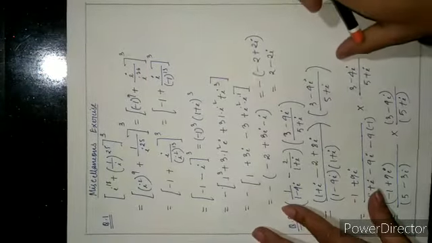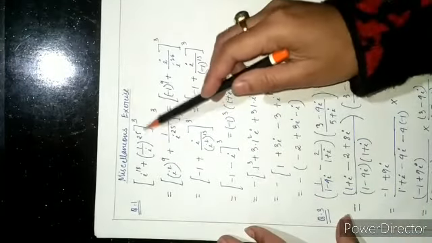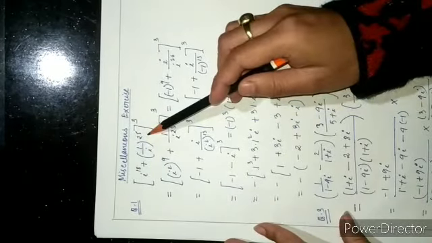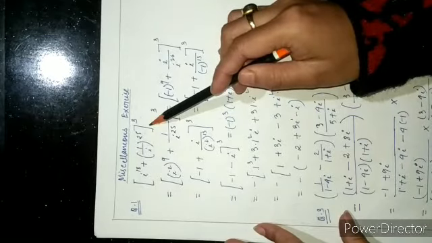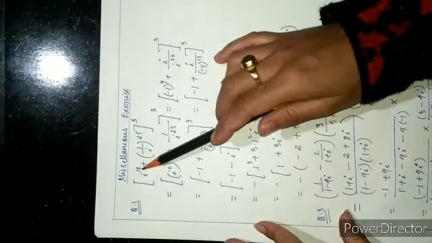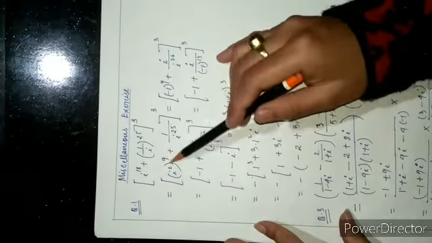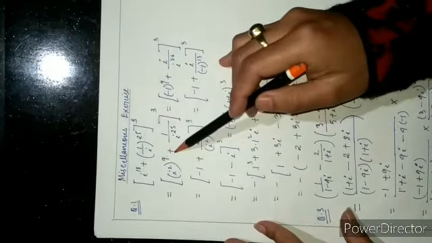Question number 1. i to the power 18 plus (1 by i to the power 25) whole to the power 3. Every power of i can be reduced to i, 1, or minus 1. 18 is a multiple of 2. It can be expressed as (i square) whole to the power 9 plus